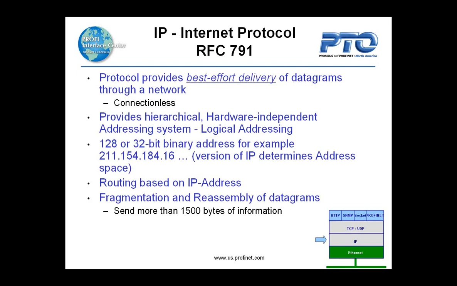So probably most of you have seen a regular 32-bit IP address, for example, 211.154.184.16. That's a regular version 4 IP address. Now they have a new version 6, but we won't get into that address. It's pretty long. But we can now, on each computer or device on our network, assign an IP address, and now we can use that IP address to route between other networks based upon the IP address and the network identification in that IP address, or we can